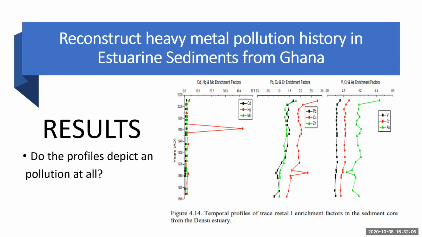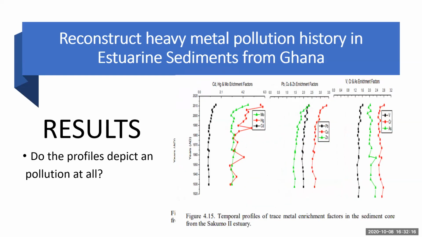And we actually started seeing some trends. So we see that the enrichment is actually increasing over recent times. The same thing is also seen for the core from the Sakumo estuary. The Sakumo estuary actually happens to even be a Ramsar area, but as I speak with you now, the estuary is no more as clean as it used to be. It's no longer an estuary because there's just too much modification of the watershed. There's a lot of pollution happening. And so the estuary has lost a lot of the values that it used to have in the past.